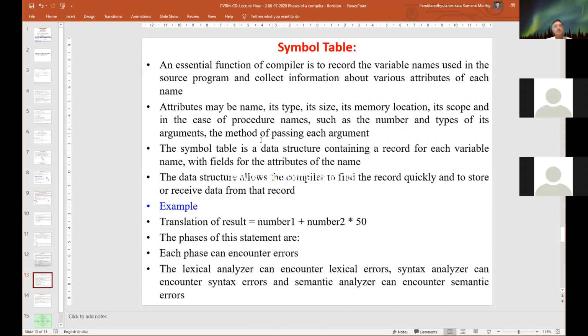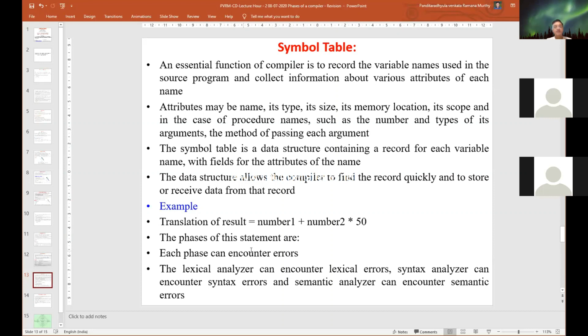It also records the procedure name, such as the number and type of its arguments and the method of passing for each argument. The symbol table is a data structure containing a record for each variable. The data structure allows the compiler to find the record quickly and to store or retrieve data from the record. An example is the translation of result equals number1 plus number2.